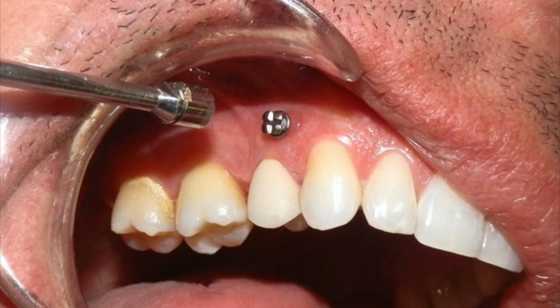And then I'm apparently going to be getting something called a T.A.D, and T.A.D stands for Temporary Anchorage Device, and it's like this little screw that they screw into your jawbone, which sounds incredibly painful, but you don't even need to get freezing or anything for it. Apparently they just numb your gums with a little bit of Orajel, but there's no needle or anything, and then he's going to put in a screw here, and that's going to help bring all of my